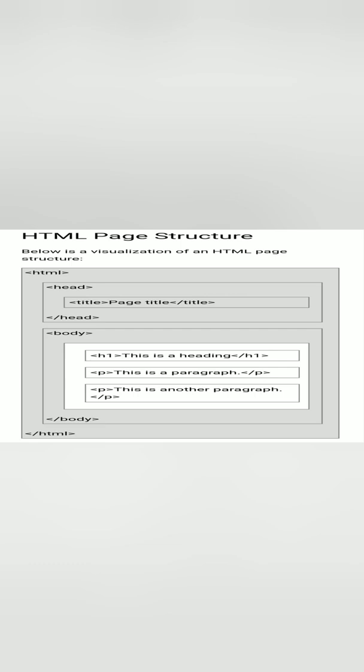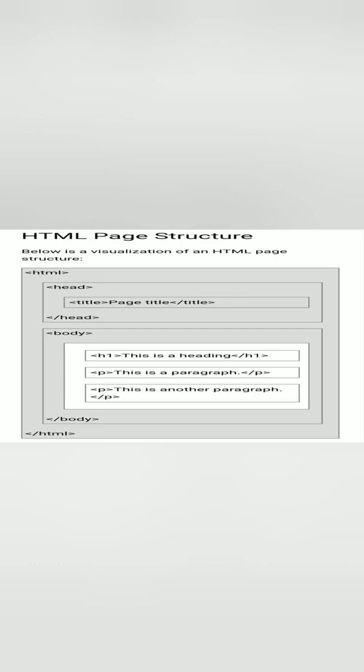Okay students, after that the body tag is started here. Whenever we use a container tag, we also need to close it. So the title tag we close with the forward slash, and after that we close the head part. Then we start the other part, that is body.